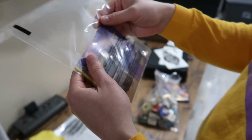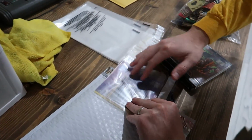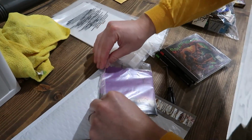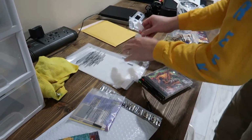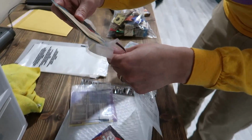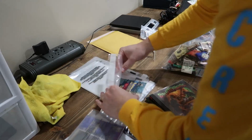This person specifically requested that all of them be individually wrapped. So I'm definitely going to do that. I mean, it's $600 for 4 games, so we want to take care of them. So each one is going to get sealed in a clear poly bag like that. And then after I get them all sealed in poly bags,